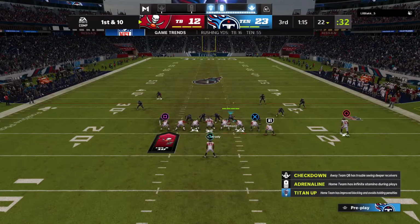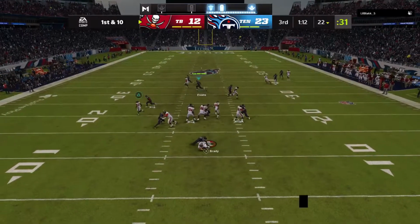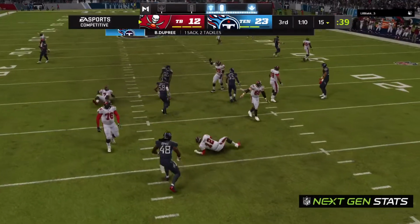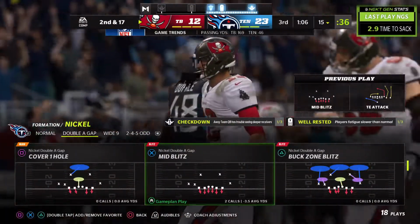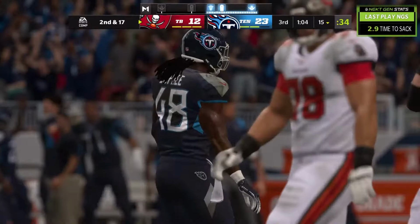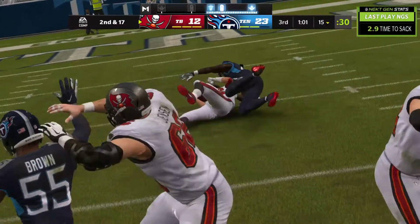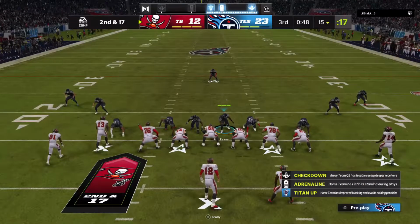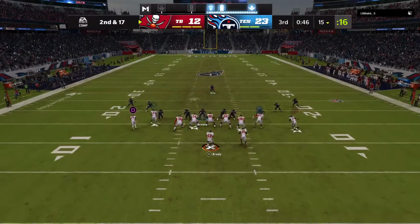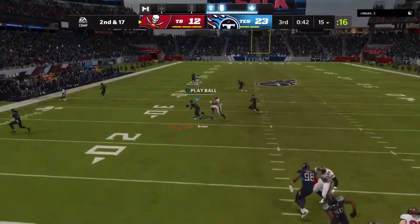Now they've sort of lost their way, partner. How do they recalibrate and get this proverbial train? Blitz coming, and down he goes. Bud Dupree coming in hard there on the blitz, and he gets him 7 yards behind the line of scrimmage. Well, they sent him on the blitz from that linebacker spot, and boy, he got there quickly. He certainly did, and obviously he could have used a block from his running back, but I think you nailed it right there. The defender got into the backfield so fast, it's hard for anyone to...